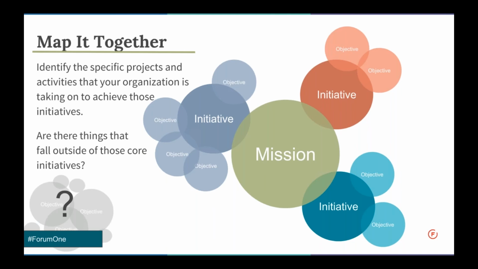Now, a question for all of you to reflect upon is how many different objectives you might find that fall outside of those core initiatives. An activity I always recommend is to brainstorm like this, in a kind of mind map. Are there things you can't tie directly to your mission? You can't necessarily tie an event that you hold, an email listserv that you carry out, or a big outreach initiative that you do. If you can't tie that back clearly to an objective, an initiative, or your core mission,